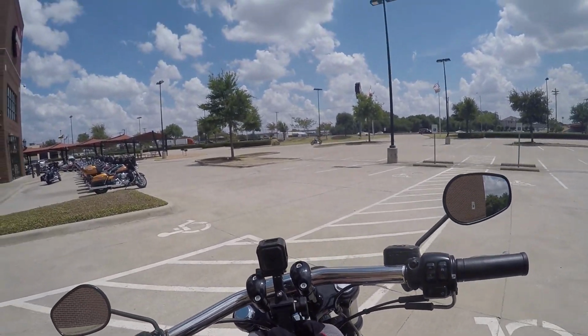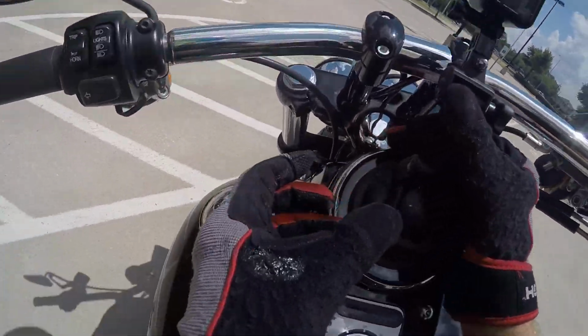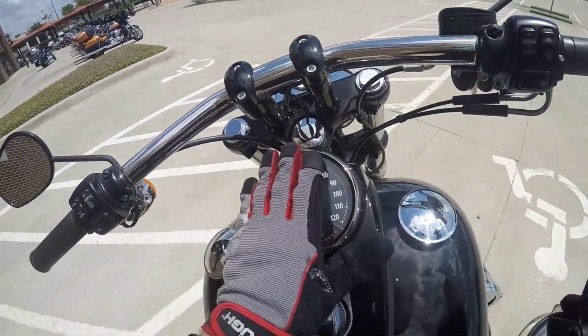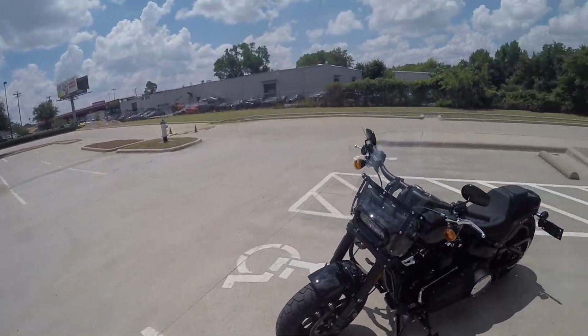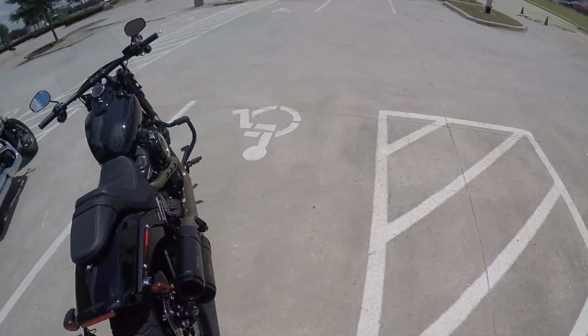So let's check out the new version, the Softail, and see if I can get this thing off of here. Man, that was really on there. All right, so now 2018